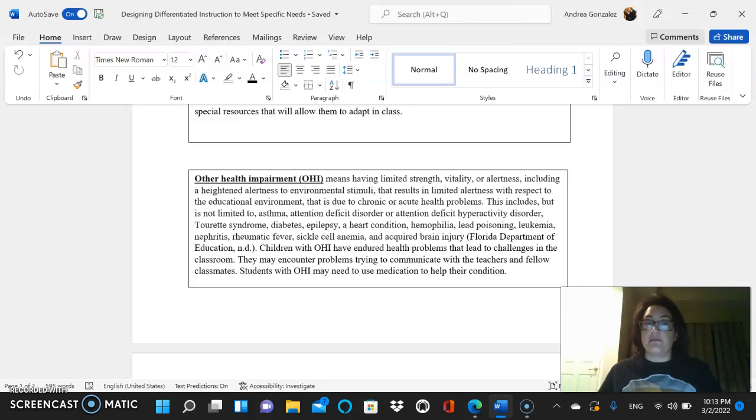This type of impairment sees a lot of students with hyperactive disorder, and that's usually what you see and what you'll encounter on an IEP. These students will sometimes have medication that's in place.